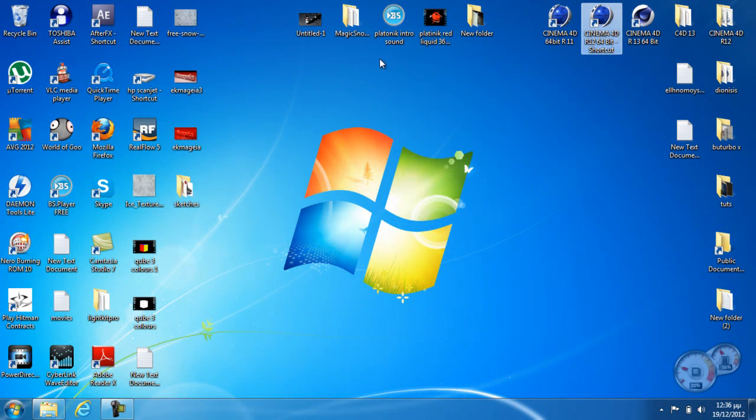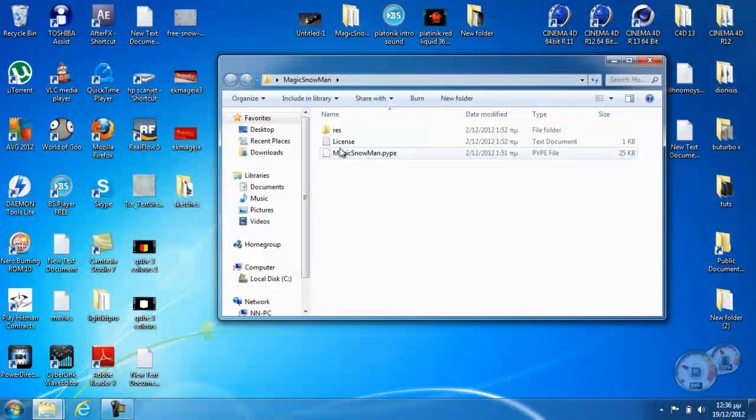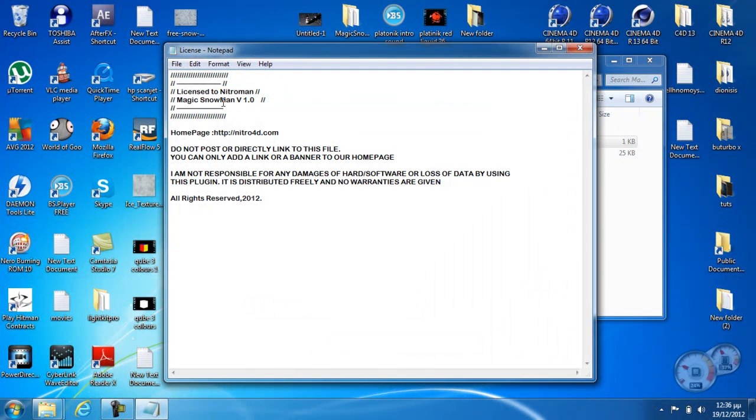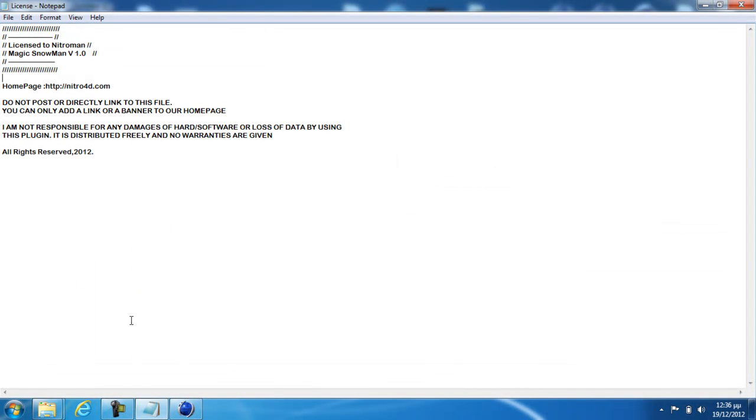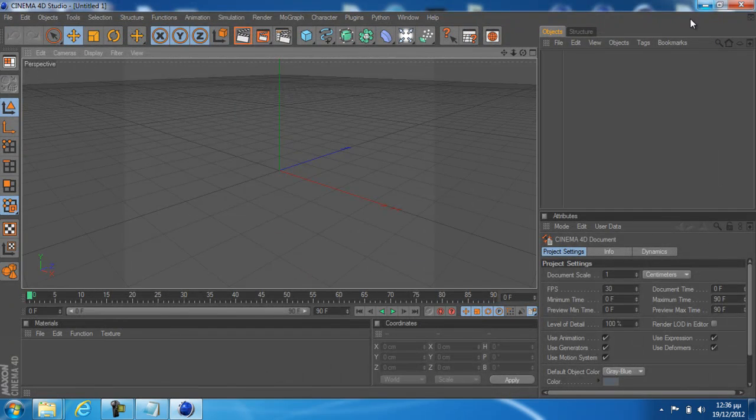First of all, you have to go on the site of nitro4d.com, where you're going to find the two plugins that we need for this tutorial. One plugin you're going to search under the menu of freebies, the plugin Magic Snowman. It's a free plugin. You can just go there, click and download it, and then unroll it on your desktop, and you will have something like this,